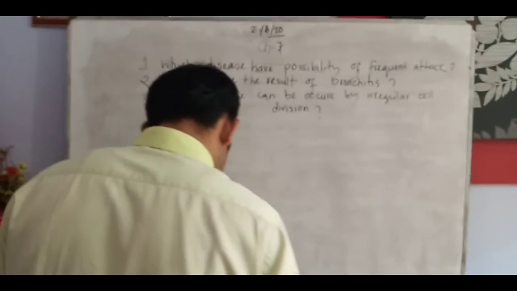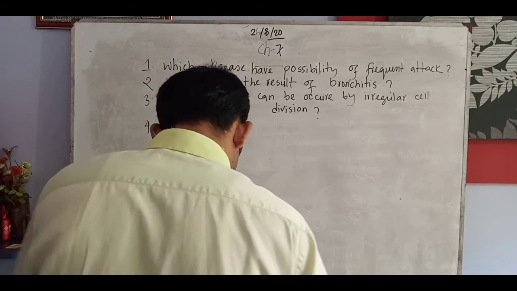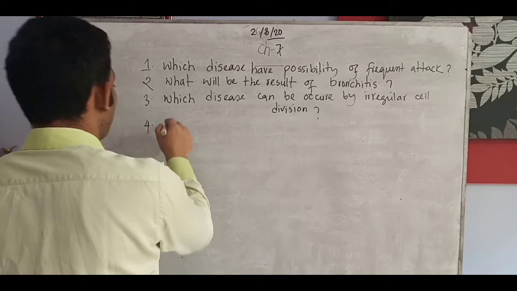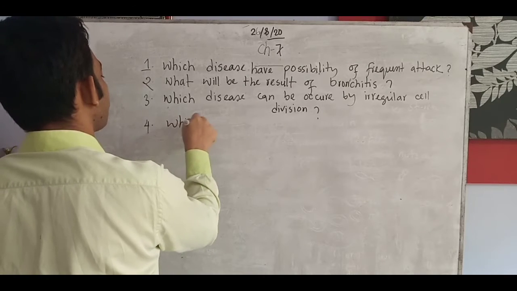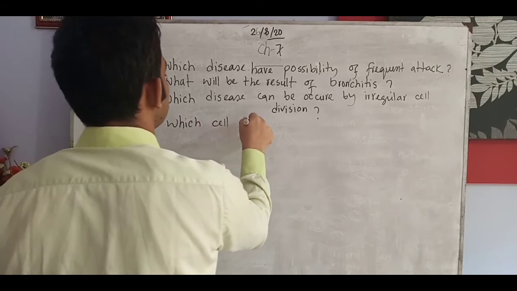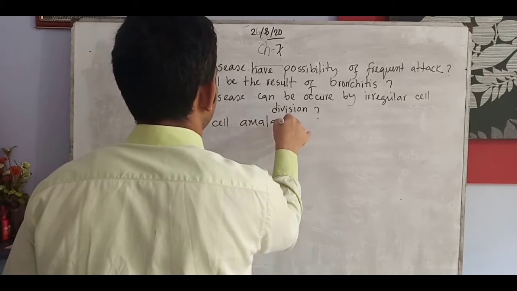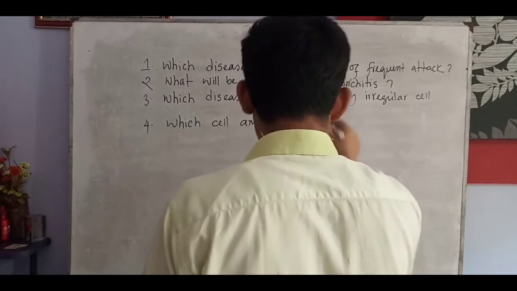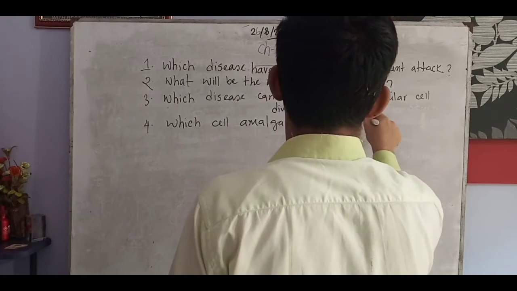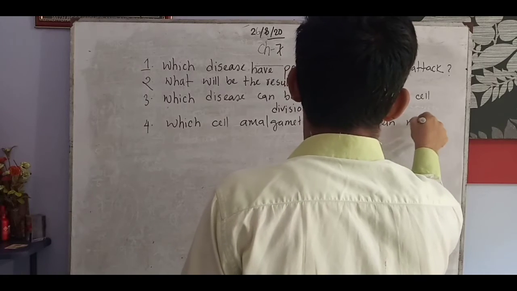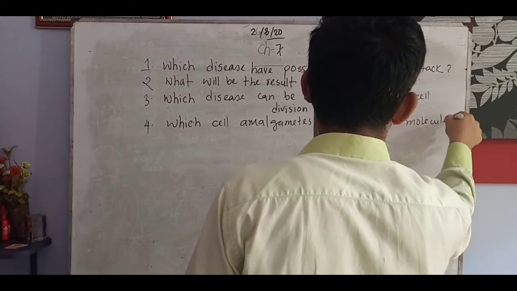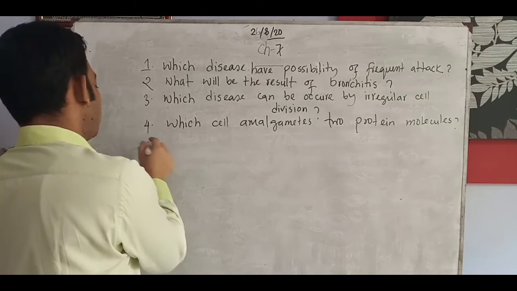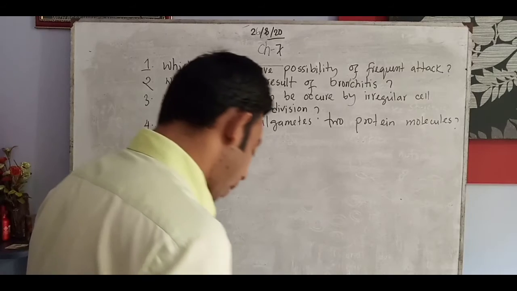Which cell amalgamates two protein molecules? Number five,